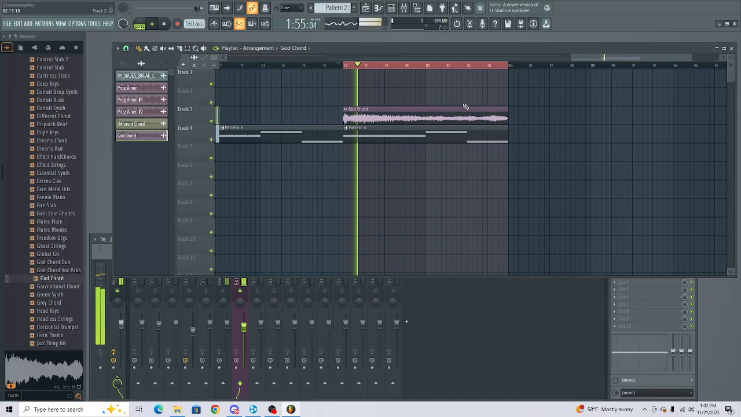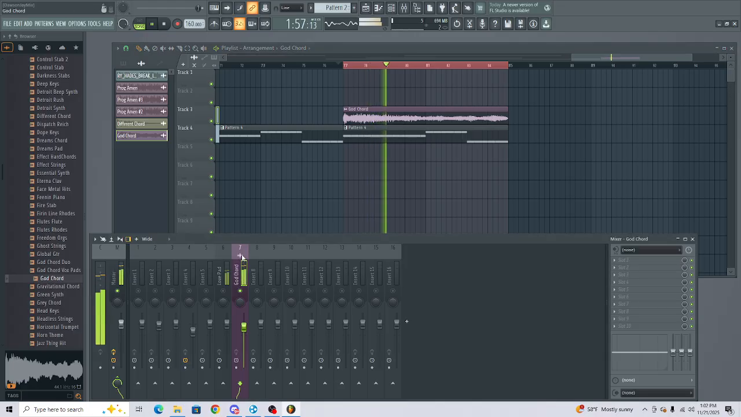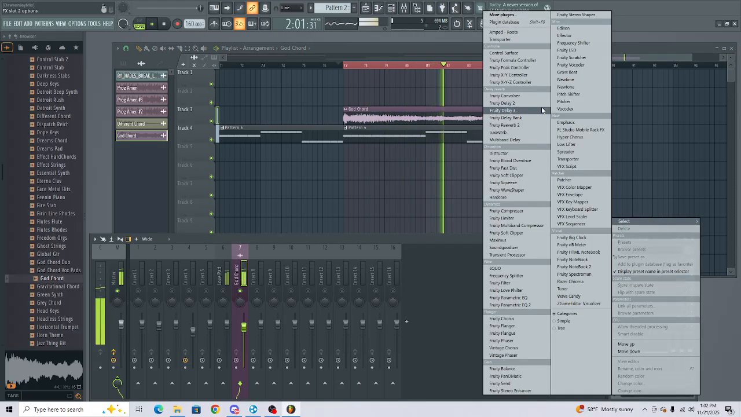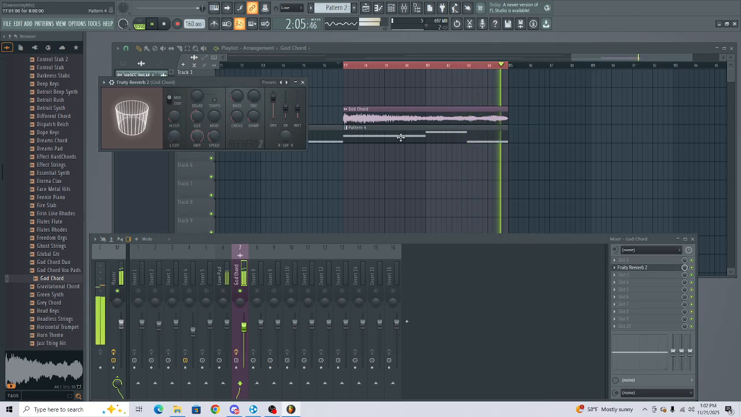So for pad number 2 here, this God chord pad, I think it just sounds kind of flat. I want it to be atmospheric. So what I'm going to do is throw some reverb on it. I've got Fruity Reverb. Fruity Reverb is pretty good. I like it. Great, easy to use. You can increase the size of the room or make it smaller. And then you can increase the dry sound, which is the sound that comes in, and the wet sound is the effect itself. So if I turn only the wet up,